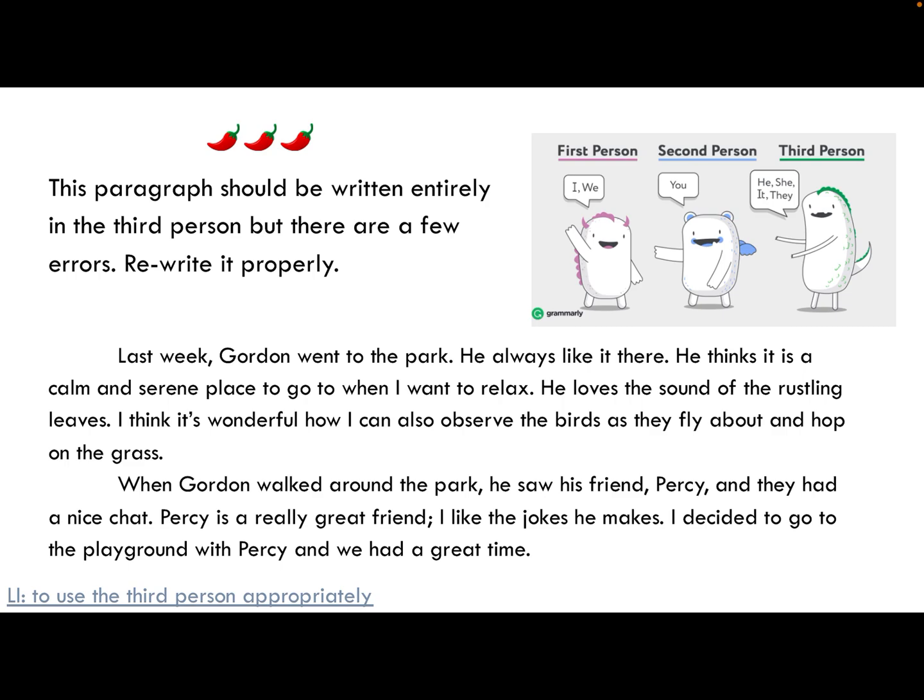Can you rewrite this paragraph correctly in third person? Now, this is a really good skill. That's just taking that understanding of third person a little bit further and being able to spot it in our mistakes. And it can help us when we come to edit our writing. I really look forward to seeing you master this skill so we can really have a consistent text, or a tense, sorry, when we come to write our